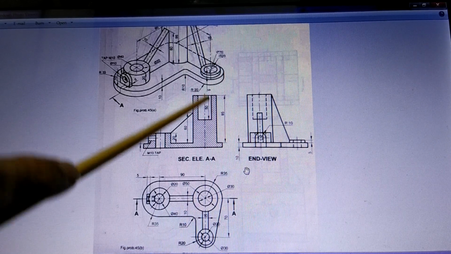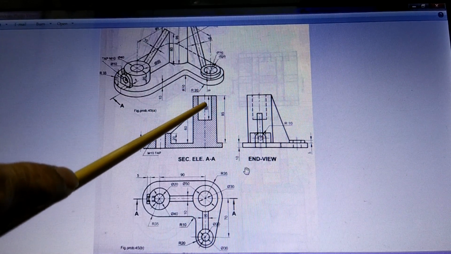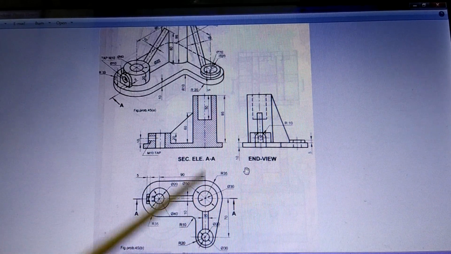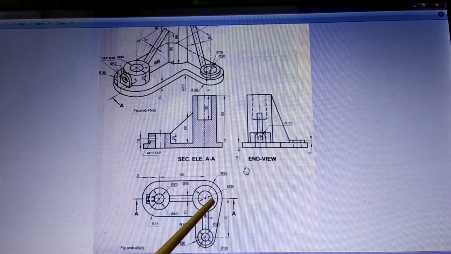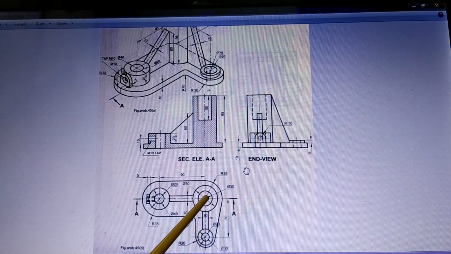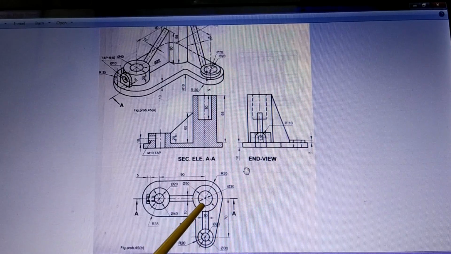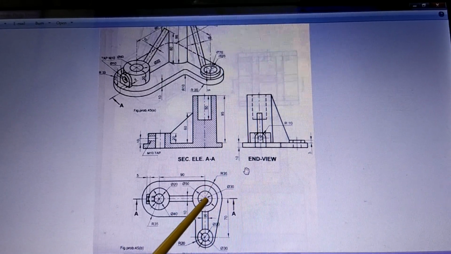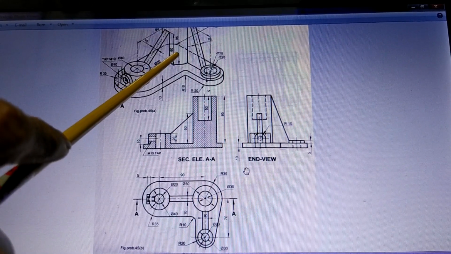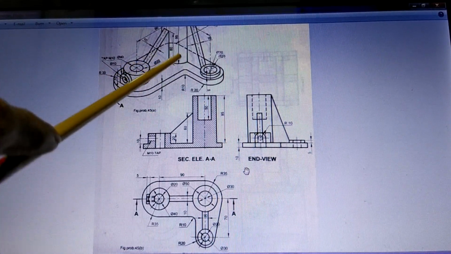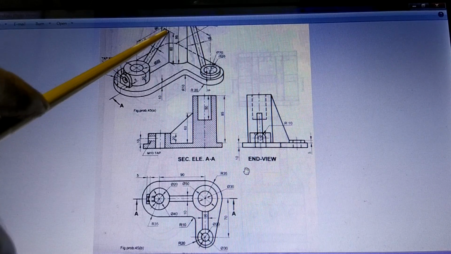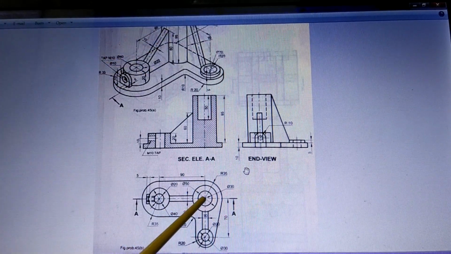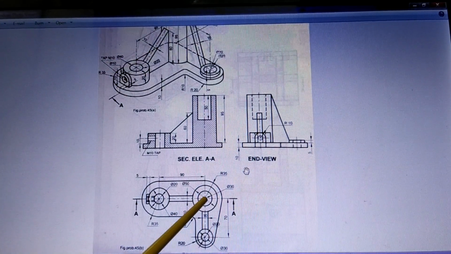Now while drawing that, this pipe is here, so the center line of this pipe has to be the same. So draw one line like this, and then you mark this point here anywhere. Once you mark this point, you can draw the inside diameter, then the outside diameter at this point. Then, taking the reference of this center of the cylinder, you have to draw these two cylinders, one here and one here. The distance is given as 90 here and 70 here. So from here you go to 90, from here you go to 70.